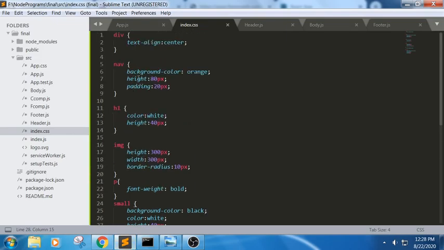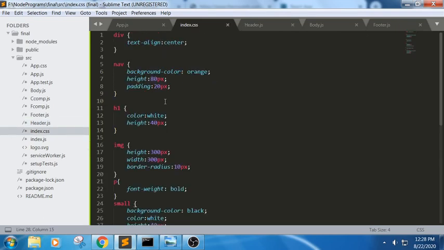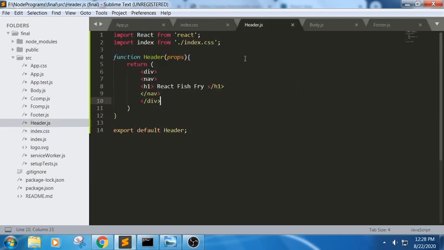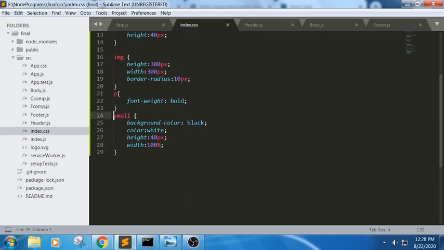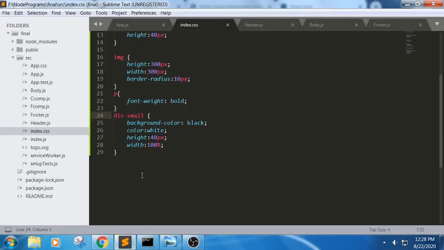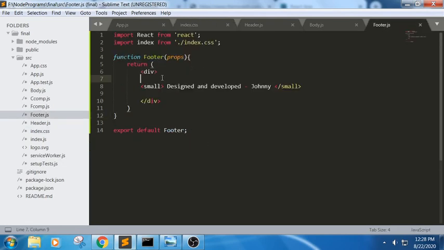If we want to get the complete thing in the footer part, we can also write a div tag. Header part is there, nav part is there, yes. In this we have a div also, right? Let me write also p, small.